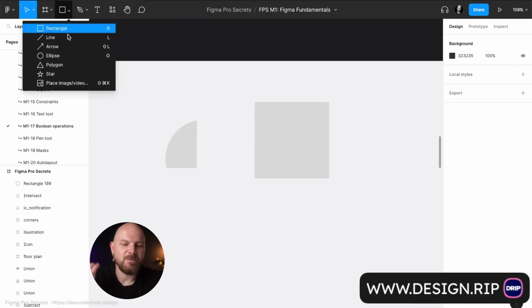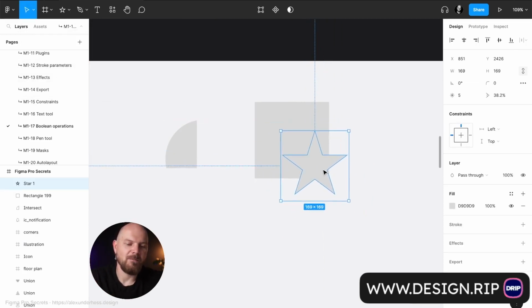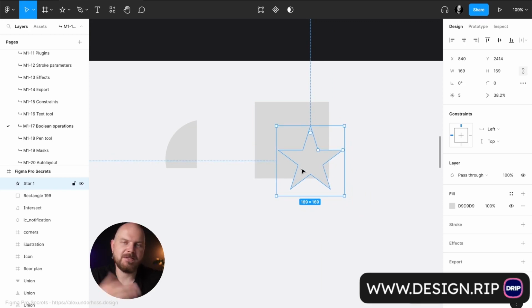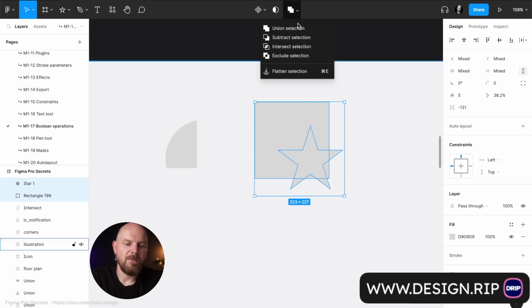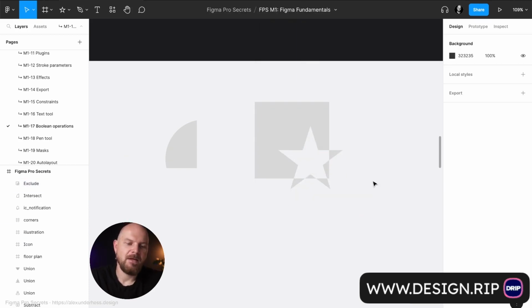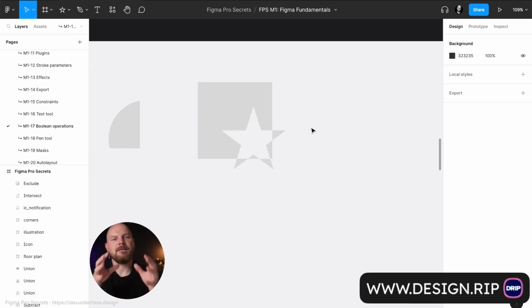The results usually will be much more interesting when you are using already a little bit more complex shapes. For example, let's take a star here and a rectangle here. Let's select both of them and click exclude selection. And now you will see that the intersection of these two shapes will be excluded from the group, and everything